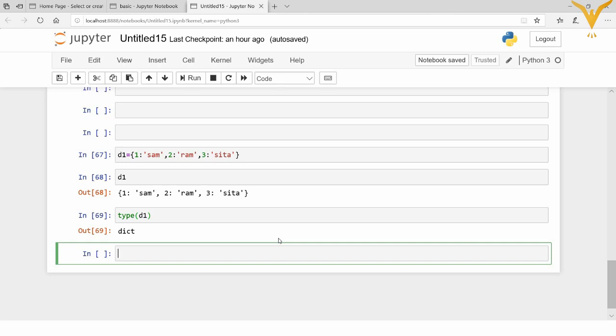Okay, now suppose I want to fetch values. In lists and tuples, to fetch the elements we use the index number, right? But in a dictionary, to fetch the values, what are we going to use? We are going to use the key of that value. For example, I want to fetch Sam, then I am going to use the key as 1.